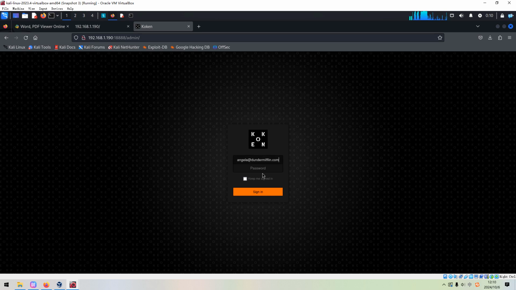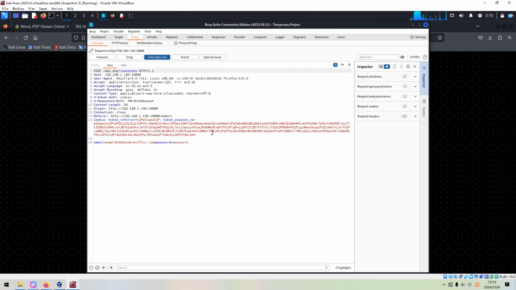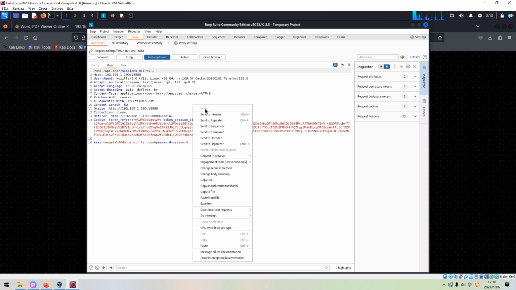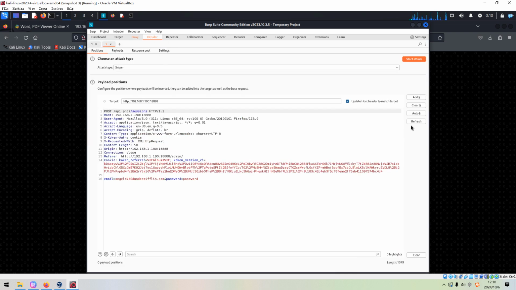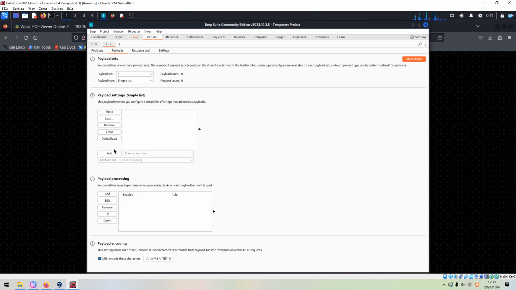No need to copy the password; we just put anything into the password field to sign in, and we can get the request, and then we can send this request to the intruder module, and then we can clear all dollars, and then we can mark this password field, and then we need to load the payloads or load the word list.